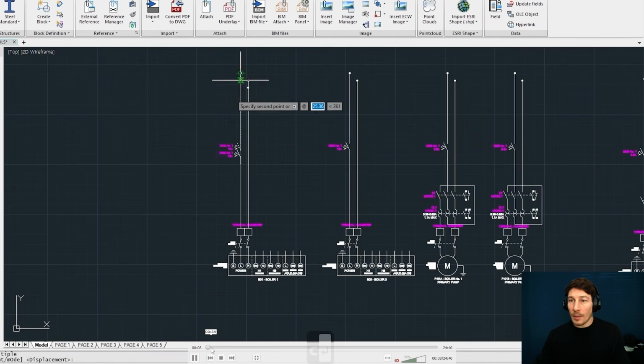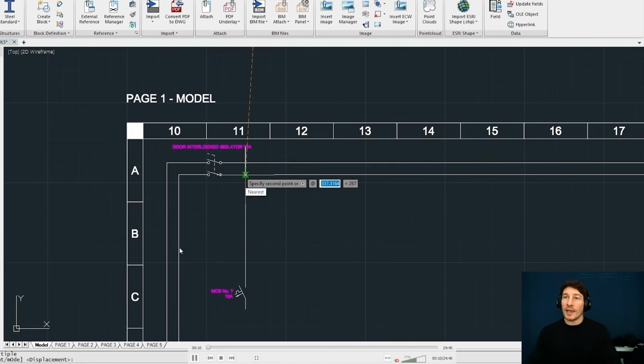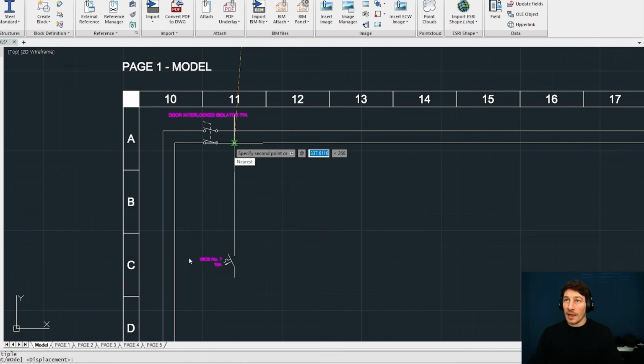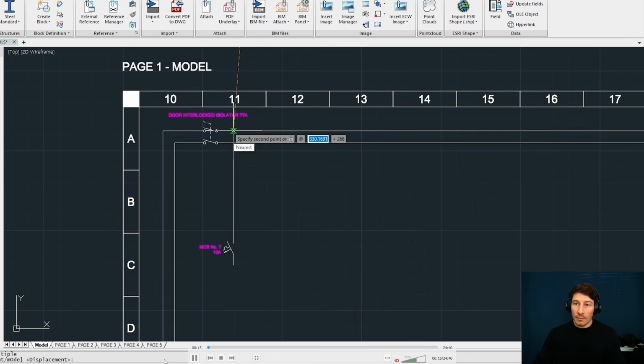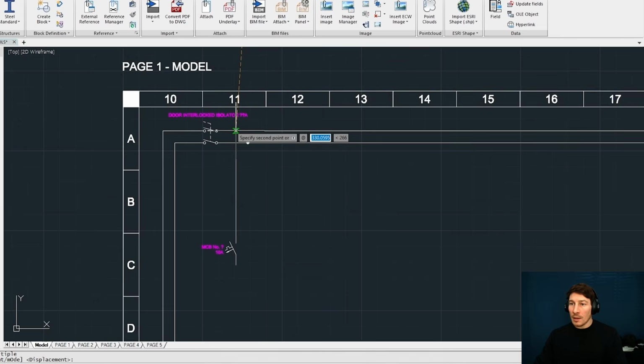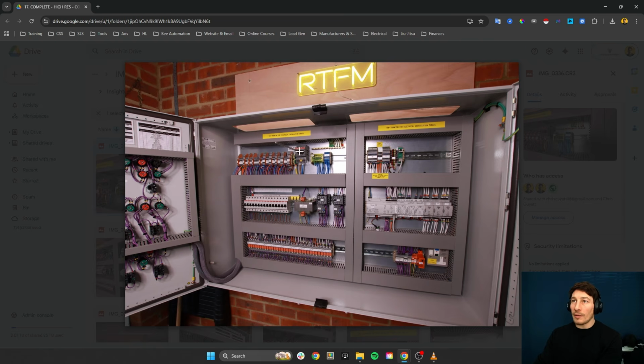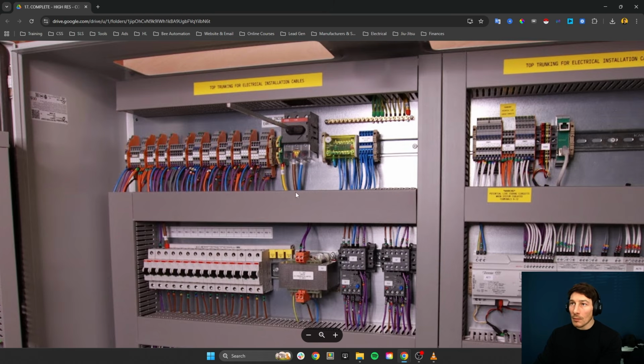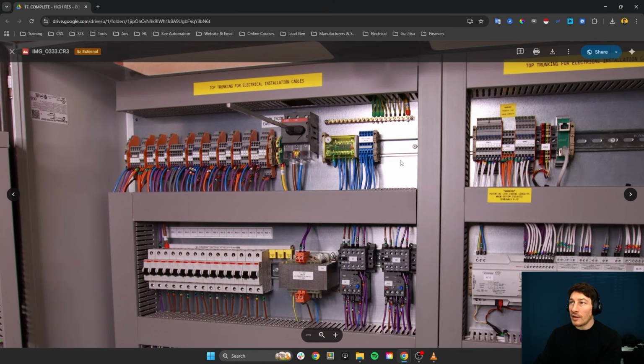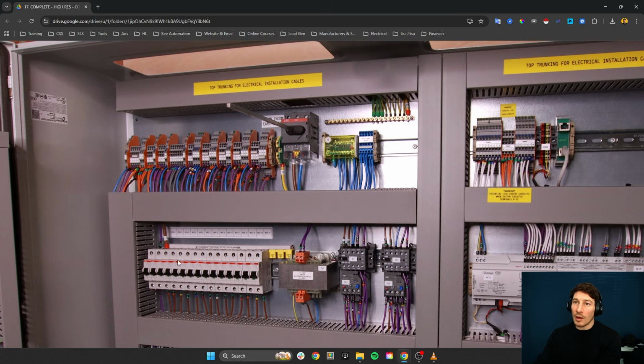So I'm just going to copy this down here, and you can see all we've got in the schematic, the electrical design, is the feed in. You can see it's just single phase, live and neutral coming in through the main door isolator, which, let's see if we can find that. Yeah, so through the main door isolator, and then we're busing this neutral up here, and then distributed across the panel,